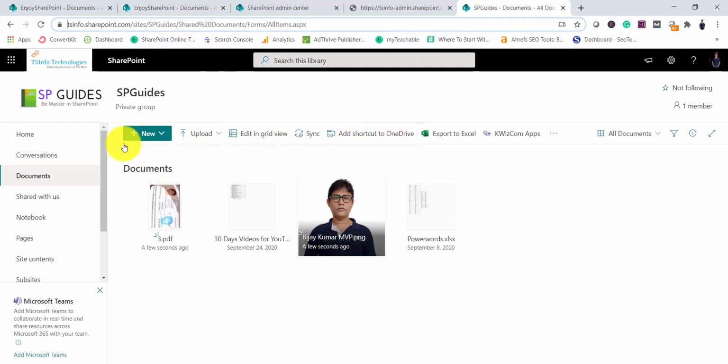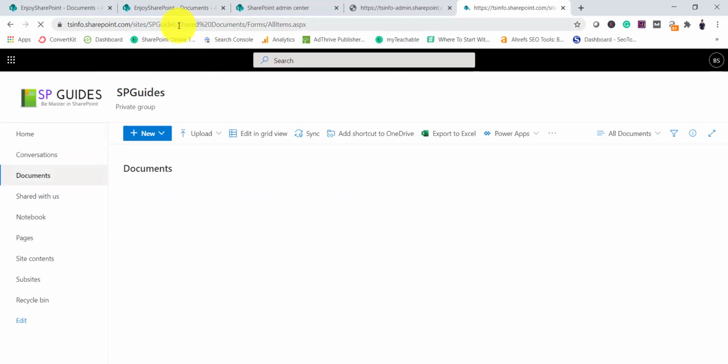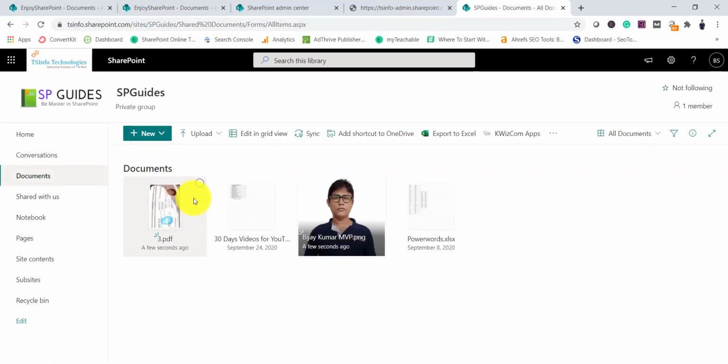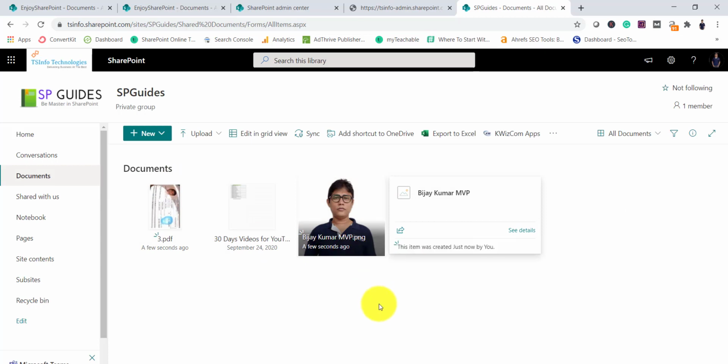So this is basically the shared documents. This is the SP Guide site, you can see here, and this is the documents library, and these are the files that we copied, 3.pdf, and then this big image file that we copied. This one you can see here. Same way,